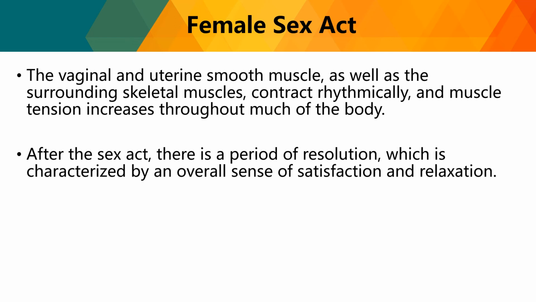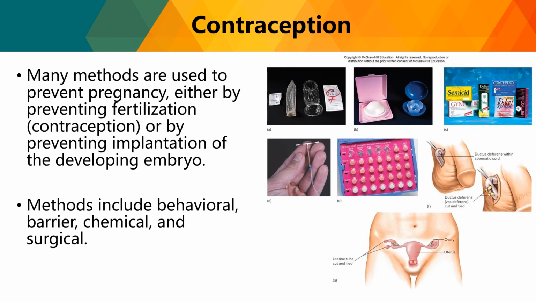So the vaginal and uterine smooth muscle as well as the surrounding skeletal muscles contract rhythmically and muscle tension increases throughout much of the body. After the sex act, there is a period of resolution which is characterized by an overall sense of satisfaction and relaxation. But then again, compared to males,